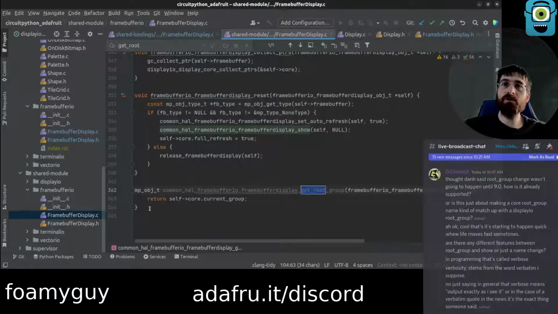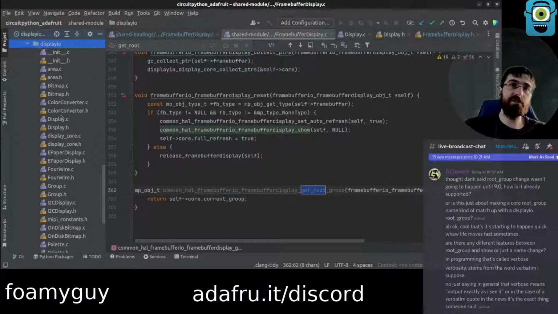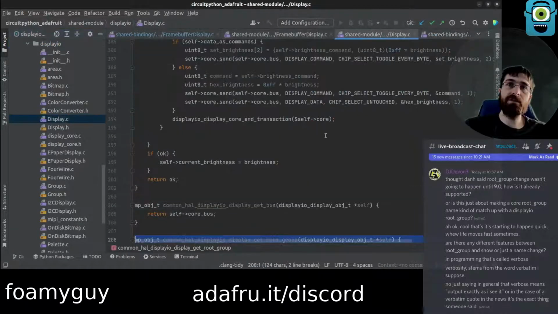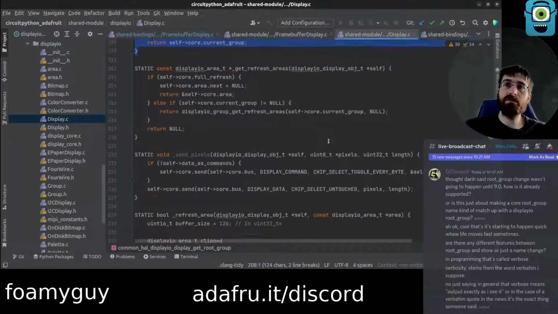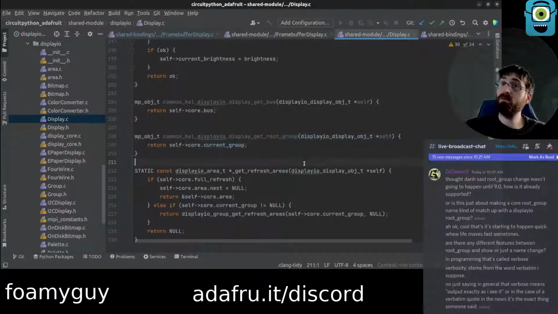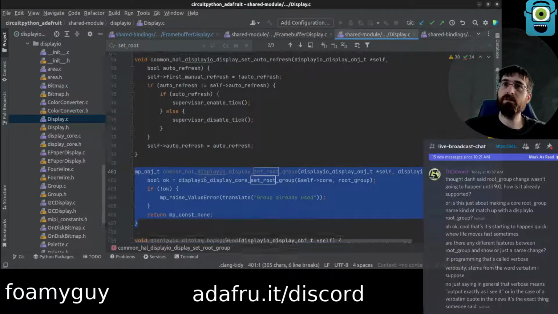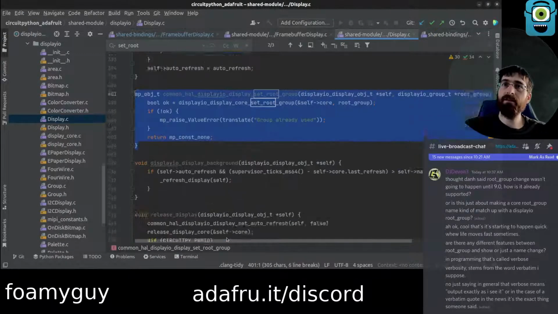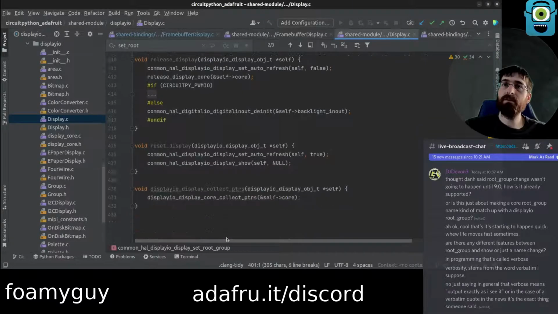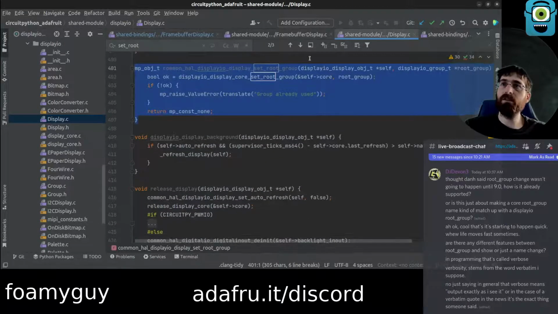Is there a get root group? There is. So we should probably add a setRootGroup right here. And I guess we probably already did this inside of this one. Or not? Yes, we did, but it's just in a different place. I wonder if there's like a right place for it.